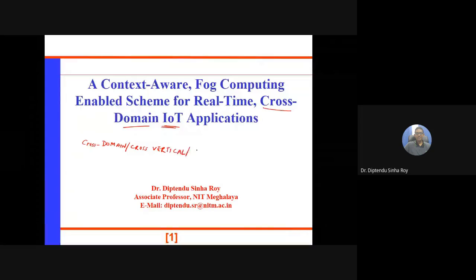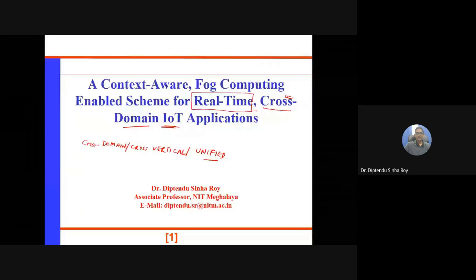Cross-vertical IoT applications, different names exist, okay, so meaning the same thing. So we will see, we'll define what cross-domain is, and the requirement of such cross-domain IoT applications, and the real-time necessity of such cross-domain IoT applications. So to implement such real-time cross-domain applications, once we define it, we have not defined it now,